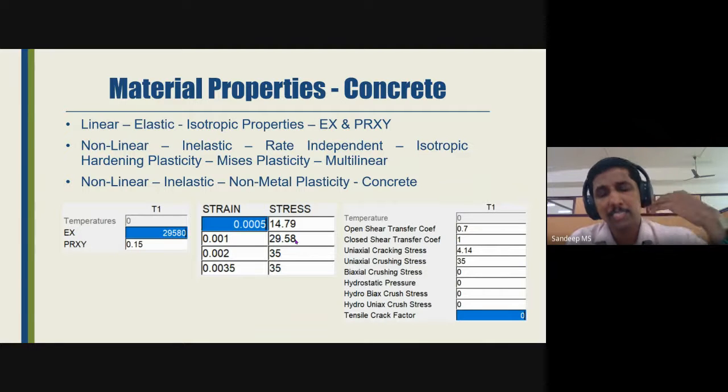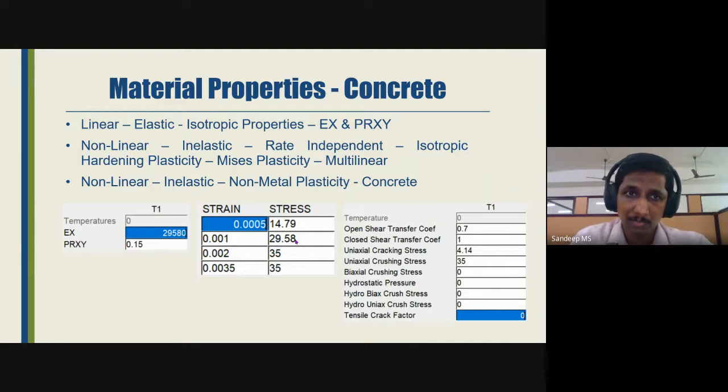In today's ANSYS, we have an option called Workbench, where it is very easy for us to model things and perform the analysis. But the problem is that we will not have control to the extent that is possible in APDL. APDL provides a lot of control over our problem definition as well as the solution. So when you define the material properties in APDL, you have to be very careful.